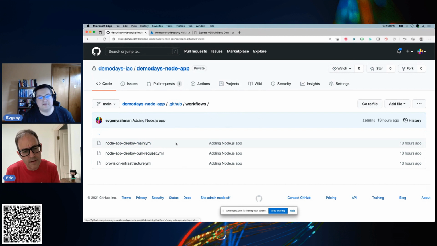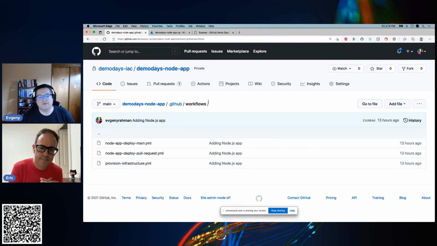And each of these files will represent a separate workflow, and we'll see how those get triggered. They're triggered off of different events and off of different paths, and they serve different purposes. And we'll look at the structure of actions as we go through and do the various deployment pieces and explain why they are the way they are.